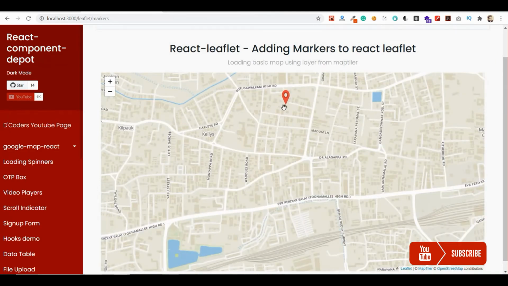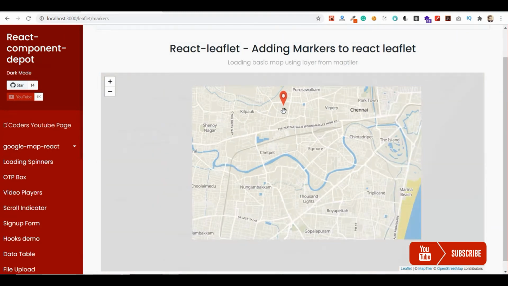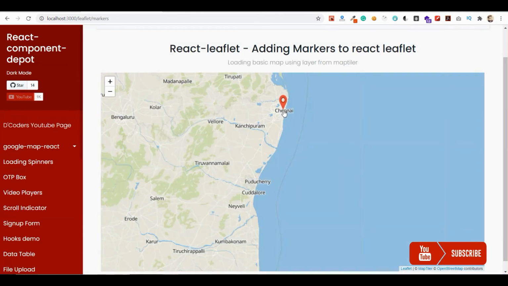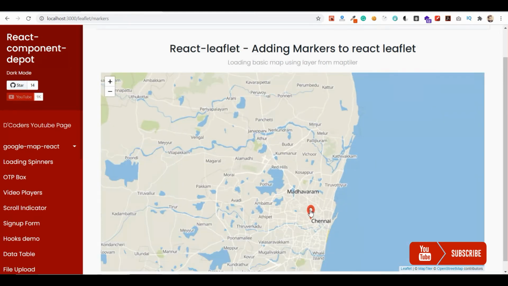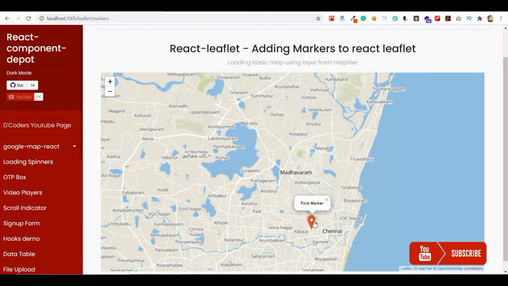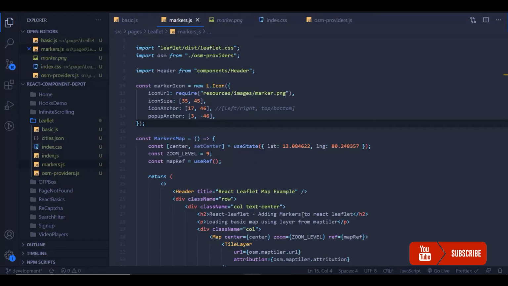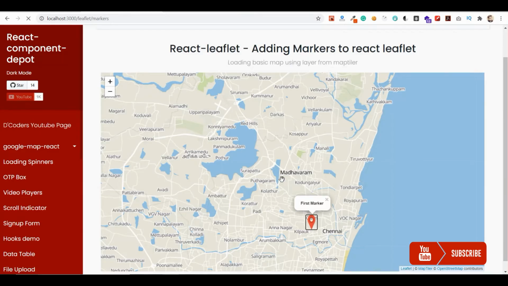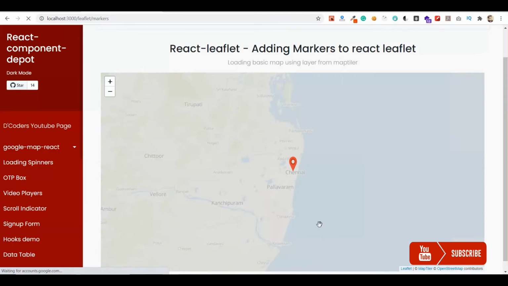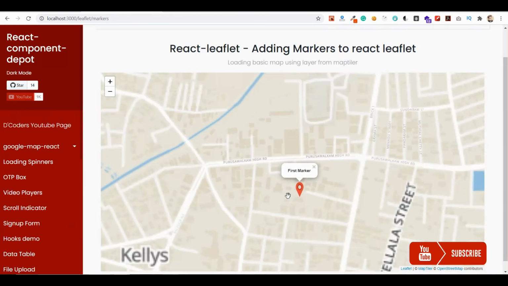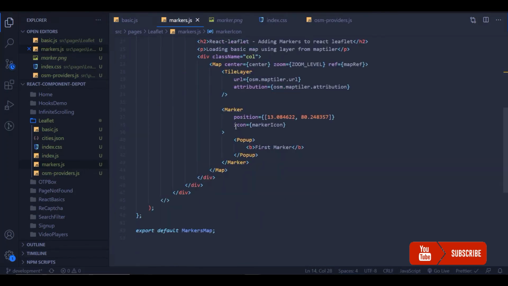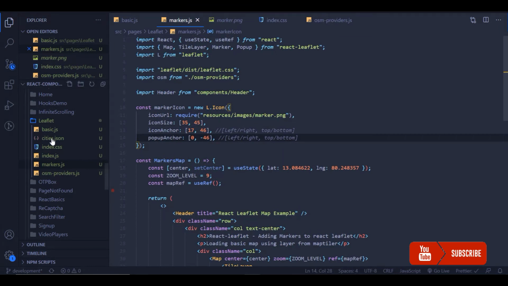So if you see, it always points to the correct location because now it is not centered. And also if you see the popover, it will be aligned to the location that we want. Now there is still some misalignment. I can just move it towards the left a little bit. So I'm going to change it. So instead of 3 I'm just going to make it 0, so it will be moved towards the left. Yeah, it's working now.